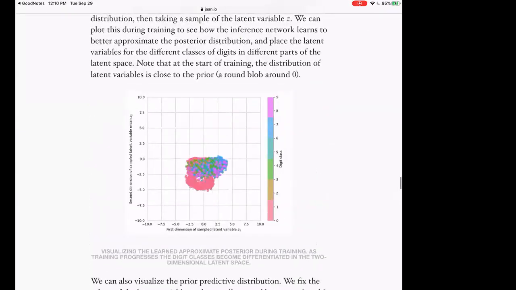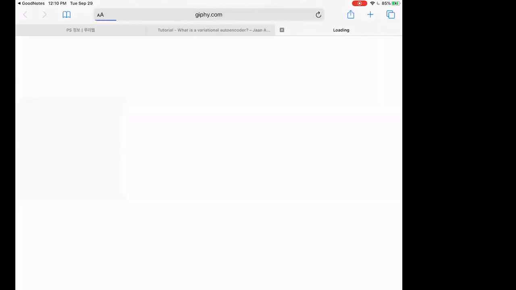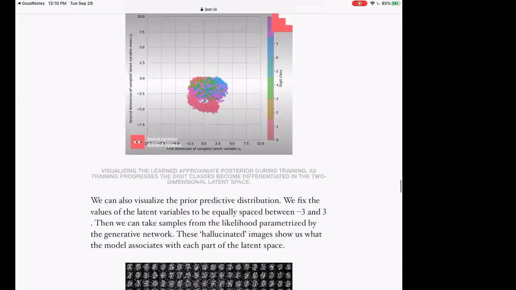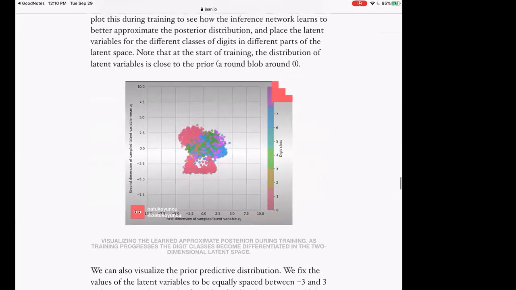Yep. So this depicts the learning process of your latent space Z. So this is MNIST. You're training a VAE on MNIST images, and this bunch of pink things are all zeros, and the blue things are all like 7s and all that. So it is learning, the latent space is shaping,